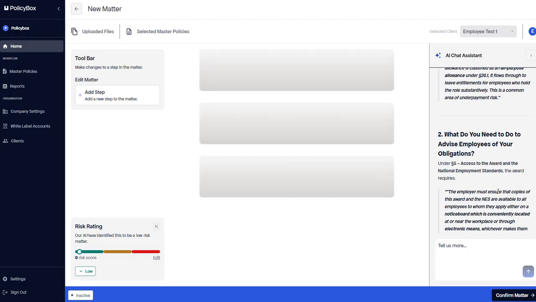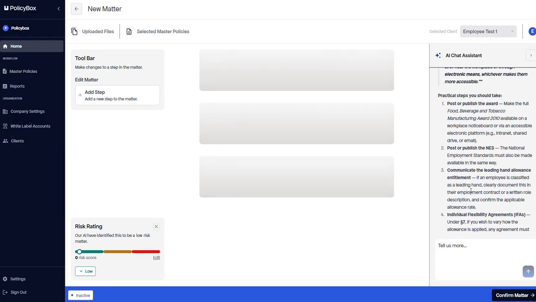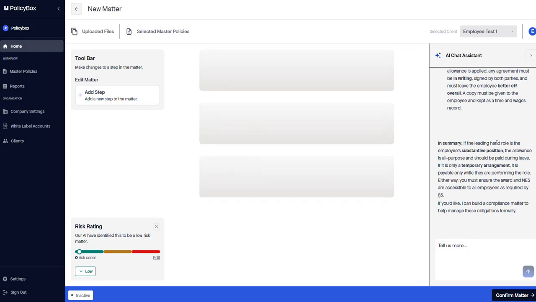What are our advice obligations? What do we actually need to do? If I was deep into thinking about that matter, I would read through all of this information and I would get an outcome. And so, yes, please, can I have a compliance